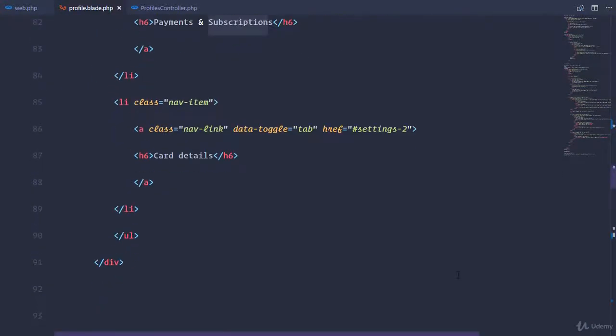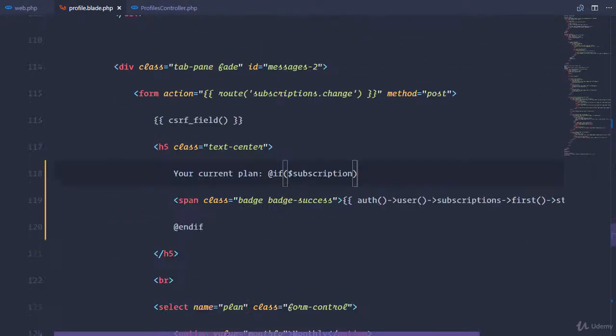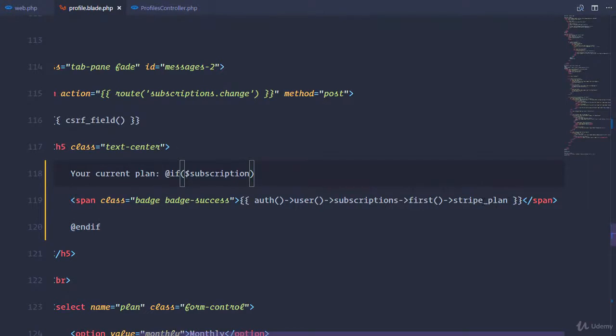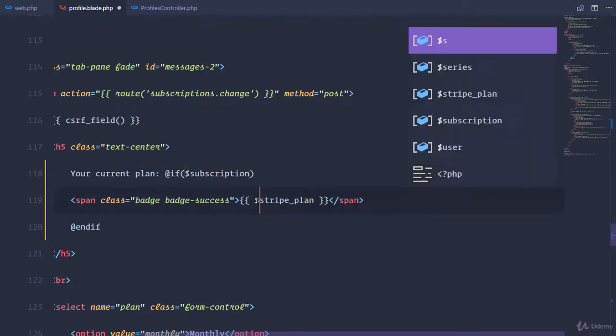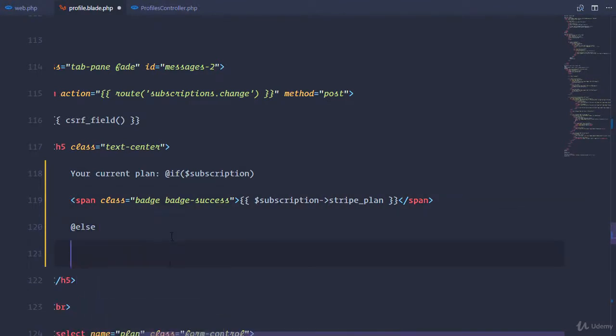Okay, so right down here we'll check if the user has a subscription, then display this. So rather than all of this, we'll just switch this out to subscription stripe plan. Then we can have an else and then end if, and right here we'll just say